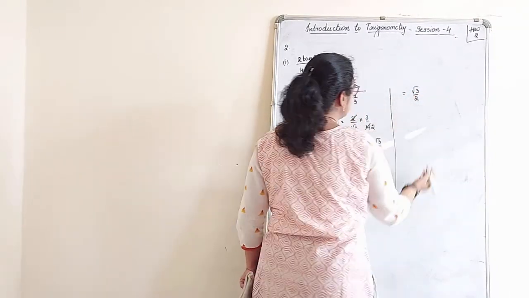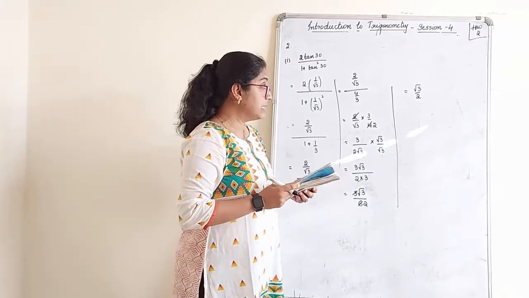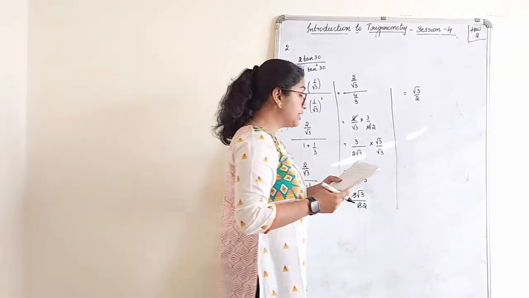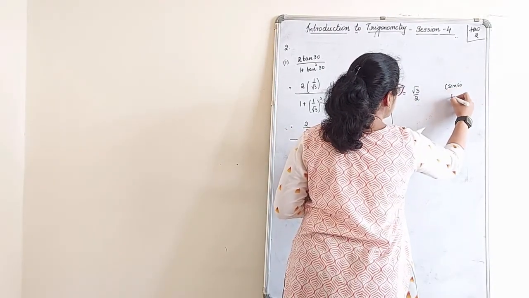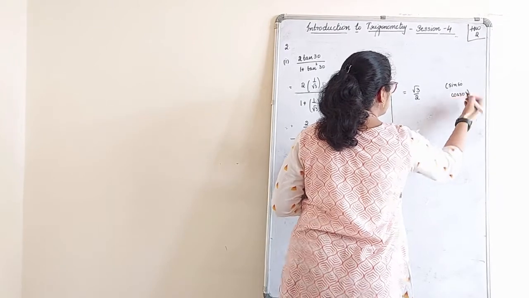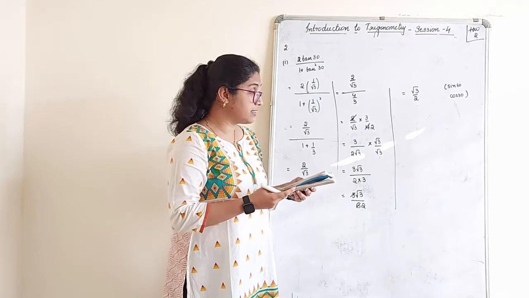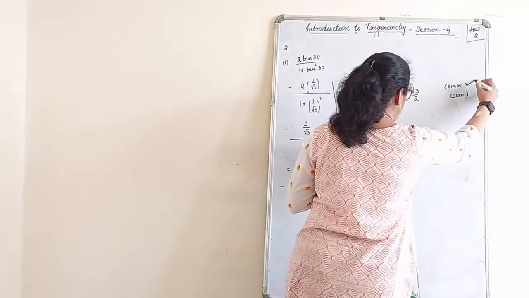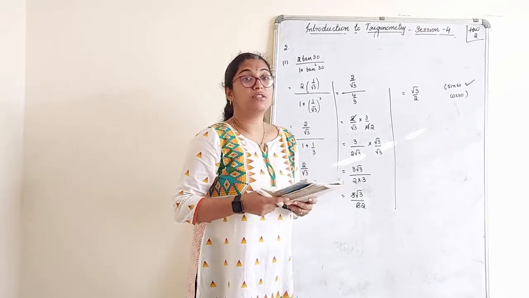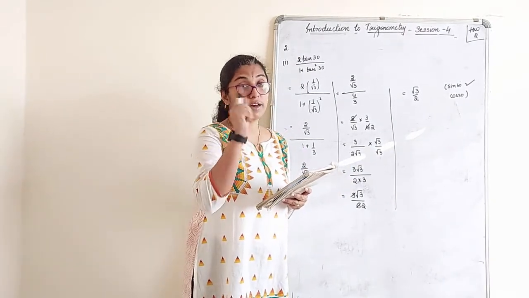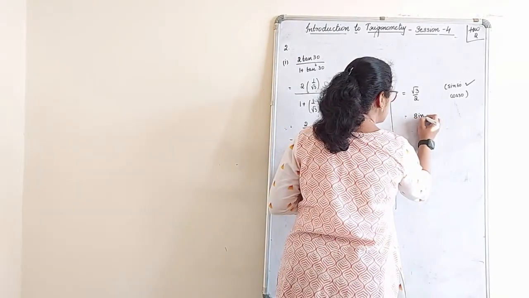But you might be wondering, there is no root 3 by 2 given in the options. But look at the options. Root 3 by 2 could be what? It could be sine 60, right? Or it could be cos 30. These two values are for root 3 by 2. So look for the option for sine 60. Do you have it? Yes. Both options cannot be given, because cos 30 is not there. In case they give you both the options, that means the options are given wrong. Only one option can be given. That means the answer you can directly write is sine 60.